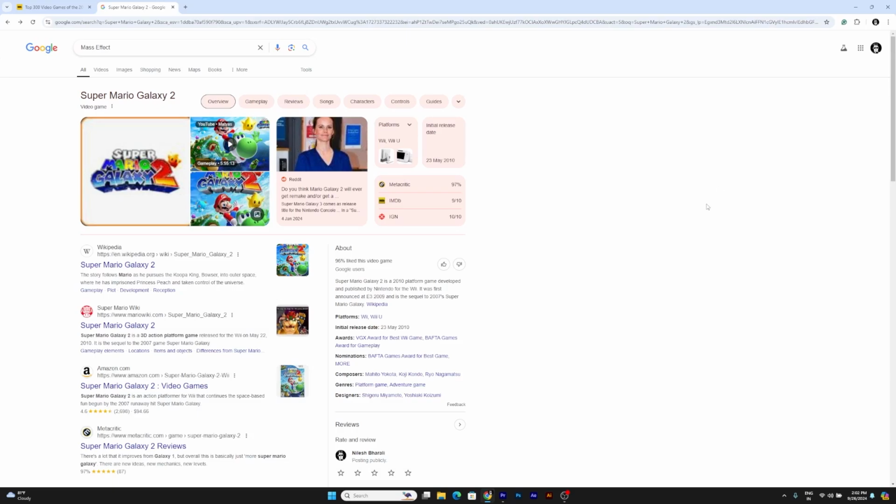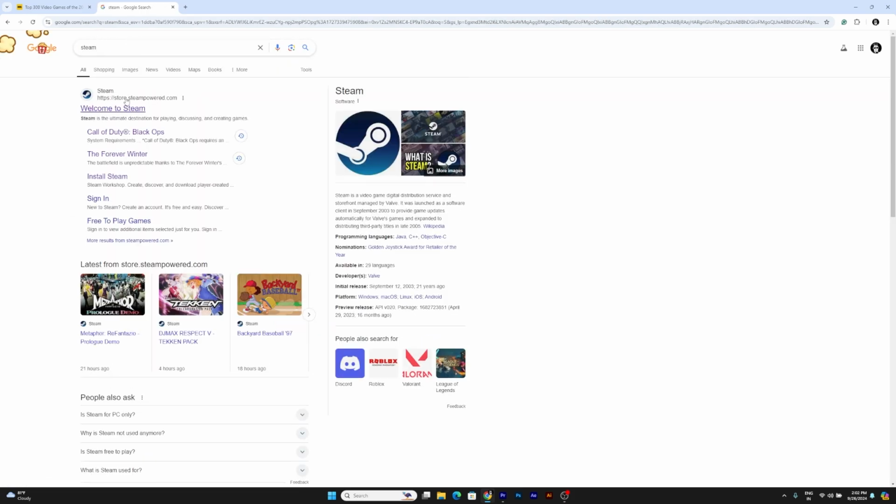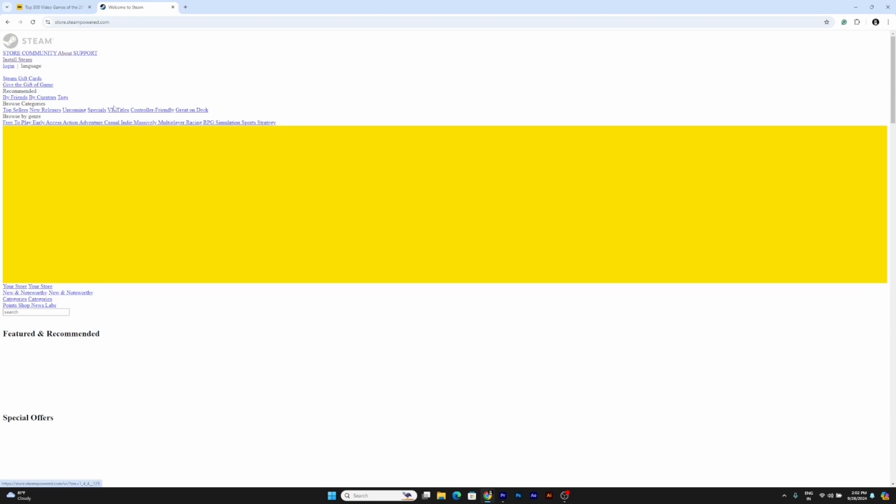How to download Mass Effect on your Windows computer. So first, open your Chrome browser and search for Steam. Go to the first result,